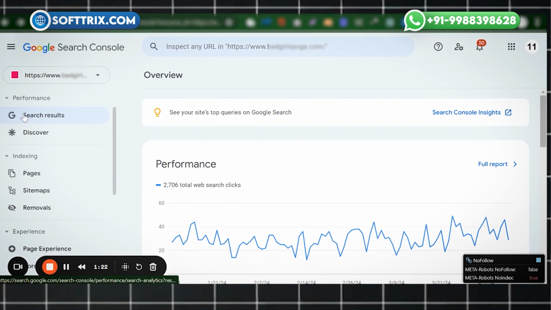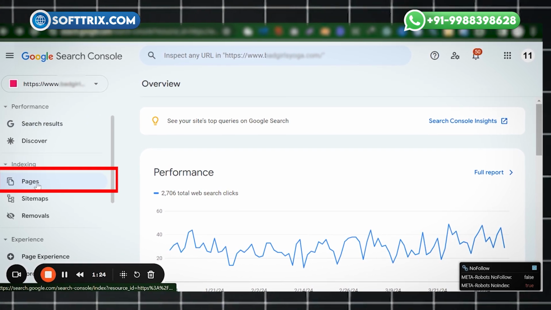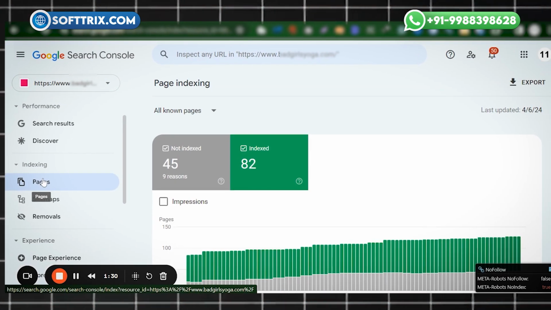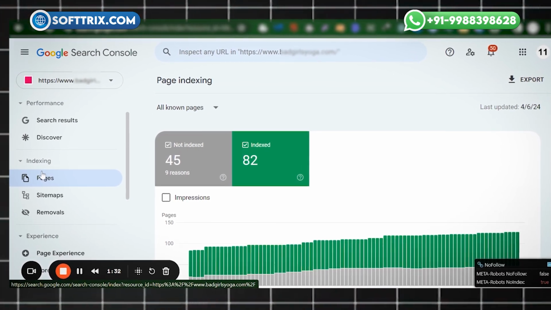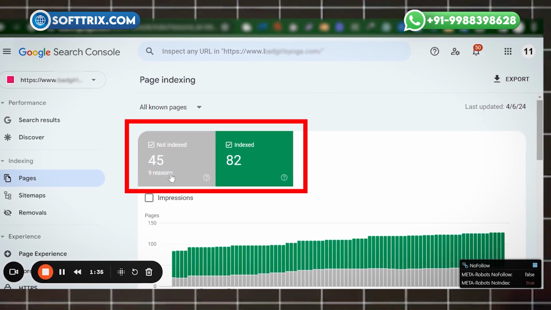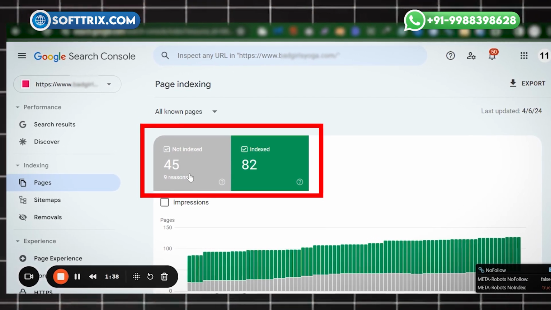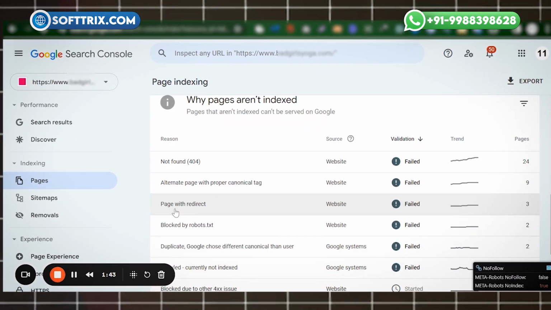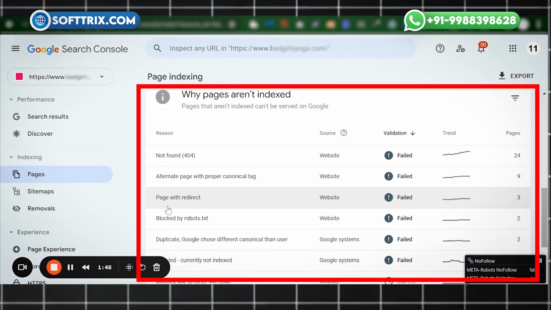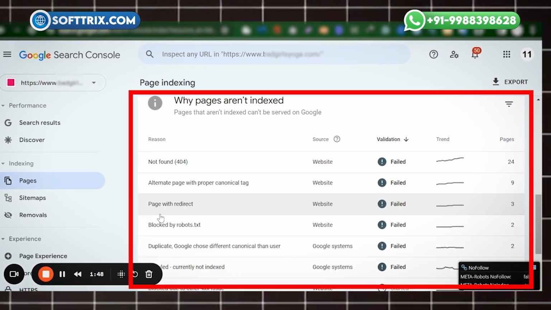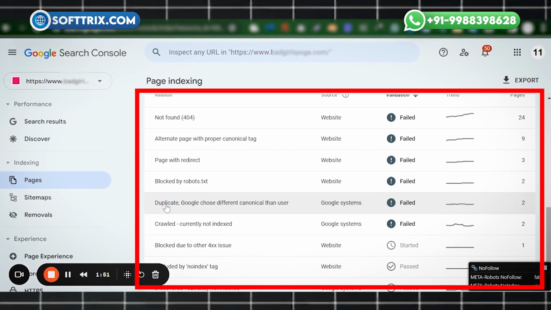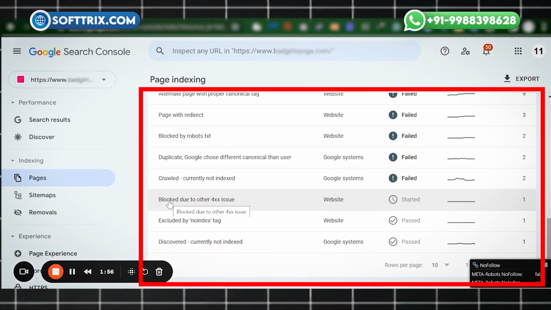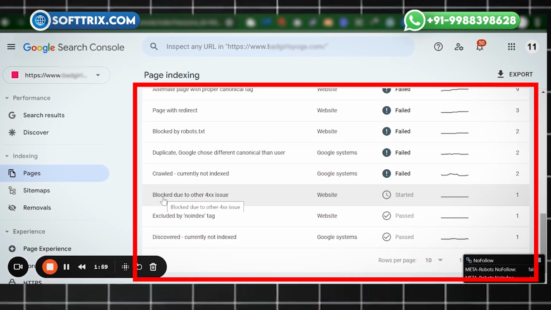Then you need to go to the Pages section, which is under Indexing. Here you can see the status of your pages. It will show that 45 pages of your website are not indexed because of 9 reasons, and those 9 reasons are listed below. These are: Not found 404, alternate page with proper canonical tag, page with redirect, blocked by robots.txt, duplicate canonical issue, crawled currently but not indexed, blocked due to some 404 or 4xx issue,